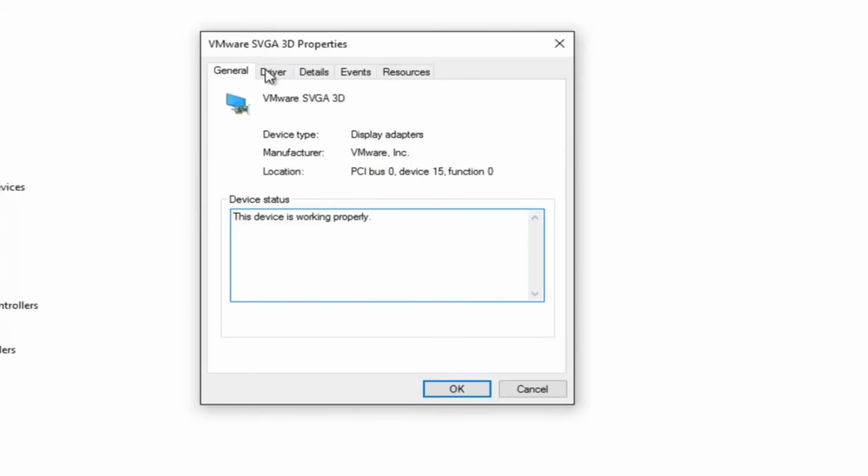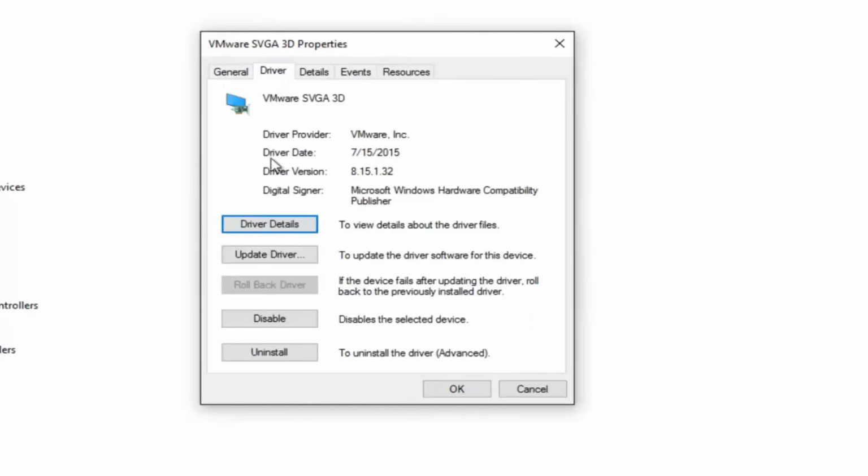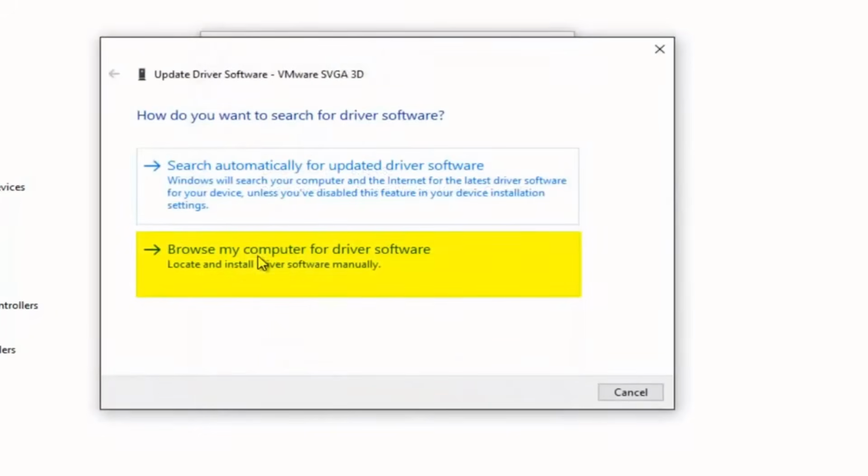So for example, if I go underneath the driver tab again, and then left click on update driver, this is what I was talking about earlier where you can browse your computer for driver software. This is in lieu of an automated tool, and you actually have to locate the driver online, download it to your computer, save it to someplace like the desktop or something like that, and then you can upload the driver through here. So I hope this brief tutorial helped you guys out, and I will catch you in the next